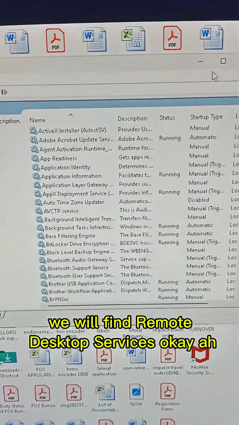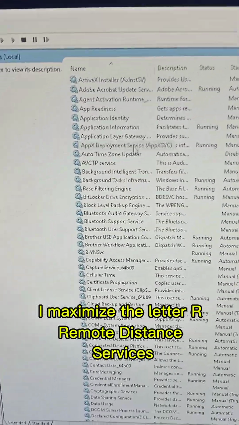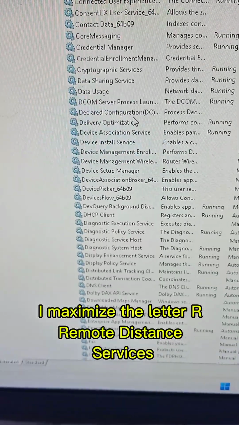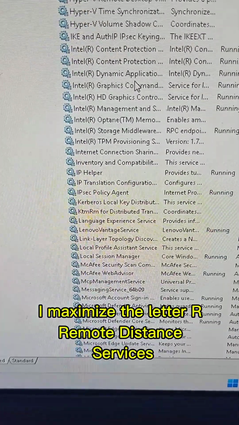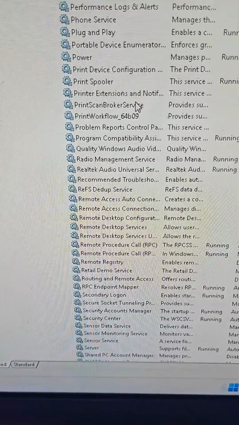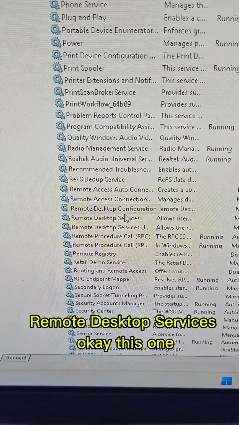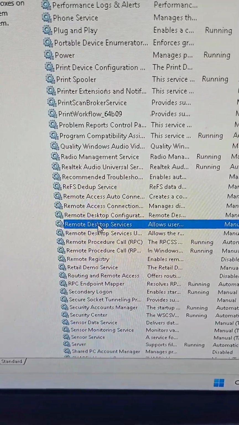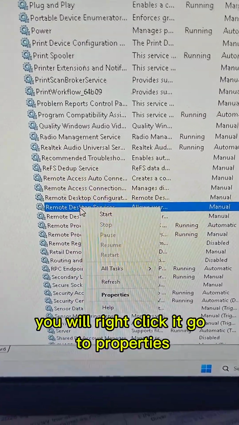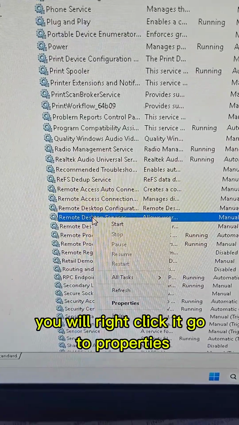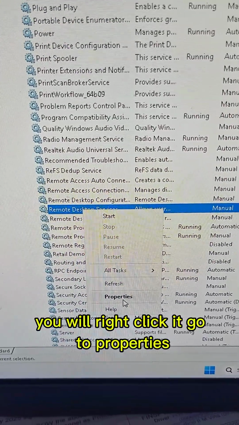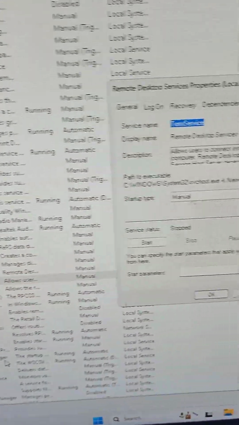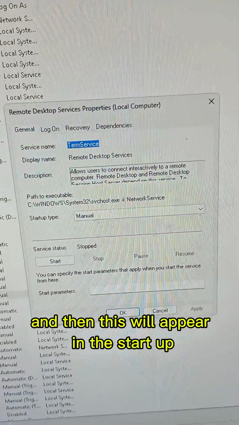Okay, this one. We will right click it, go to properties, and then this will appear.